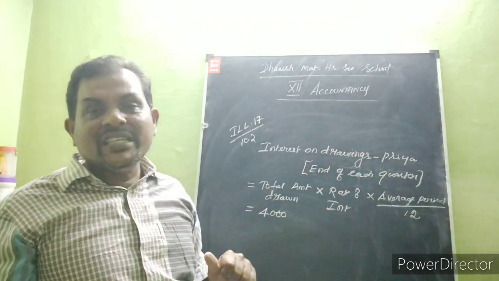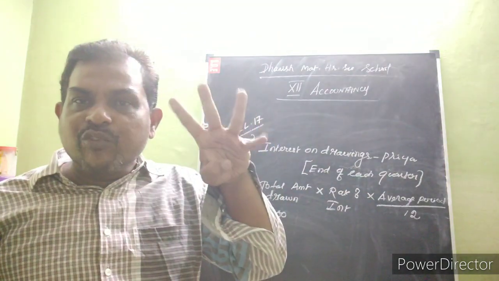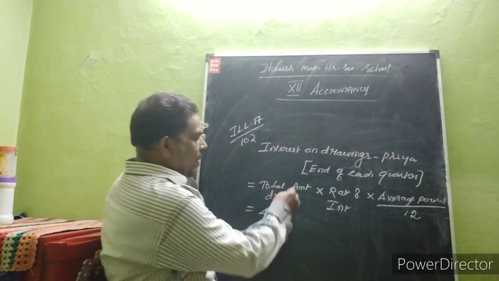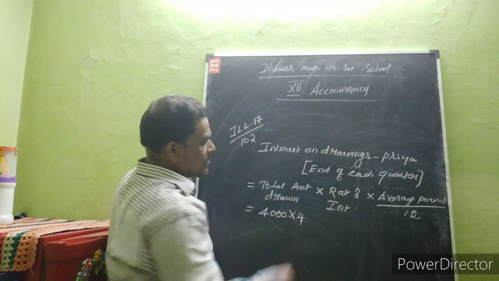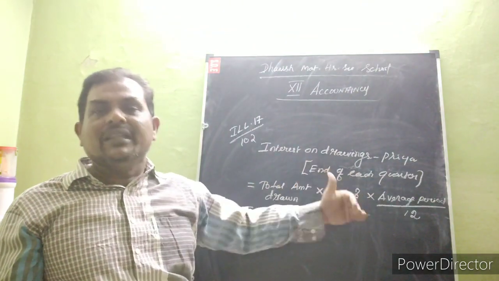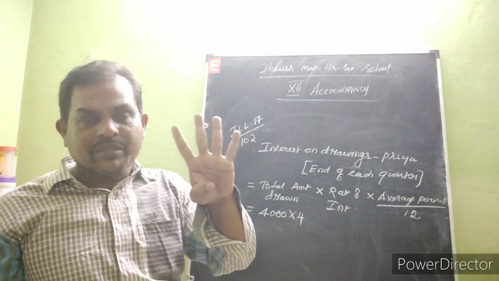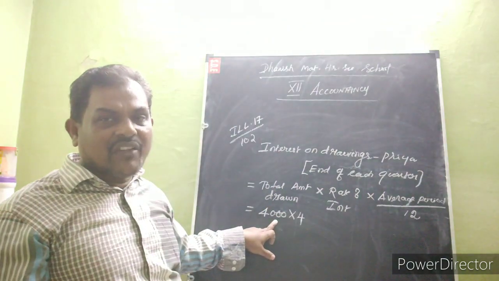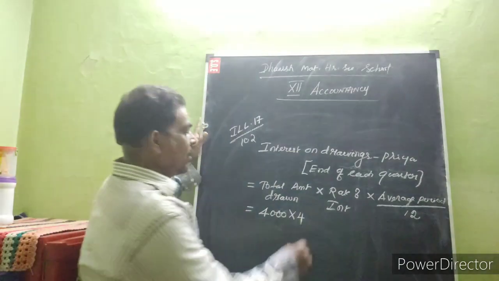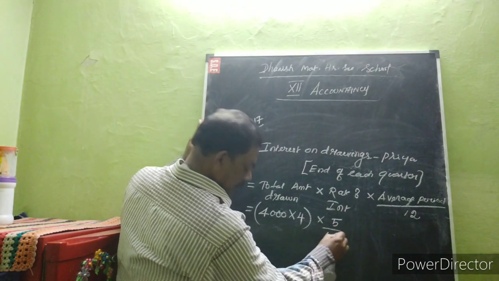But here quarterly is used. So now we have to check in a year how many quarters are there? 4 quarters. So we have to multiply it 4 times, because she is taking every quarter. So every 3 months she is taking, which means in a year she will take 4 times. So 4,000 rupees she is taking every quarter into 4 times. Okay, now rate of interest is how much? 6 divided by 100. Sorry.